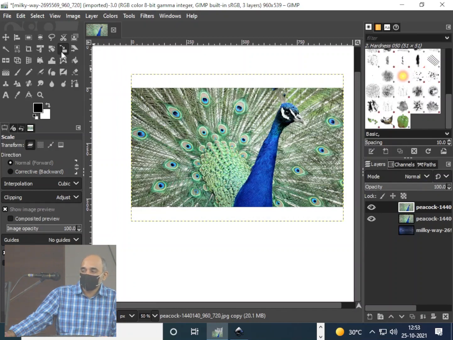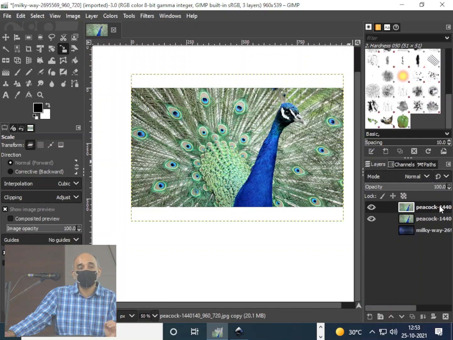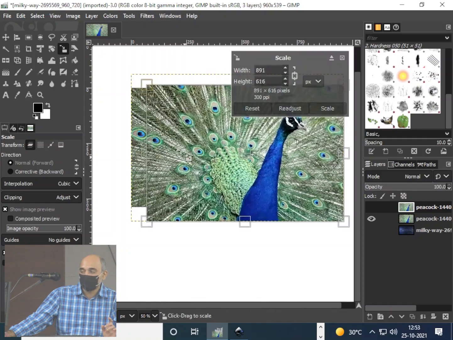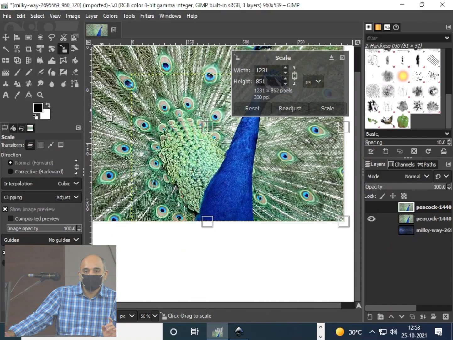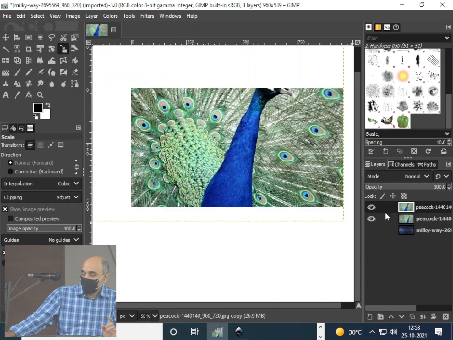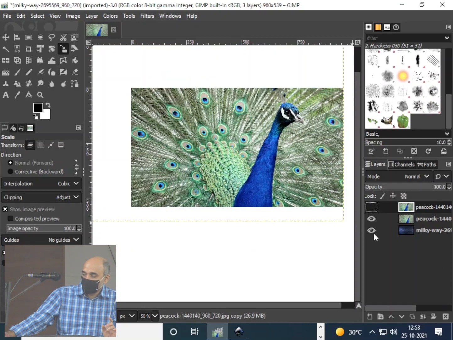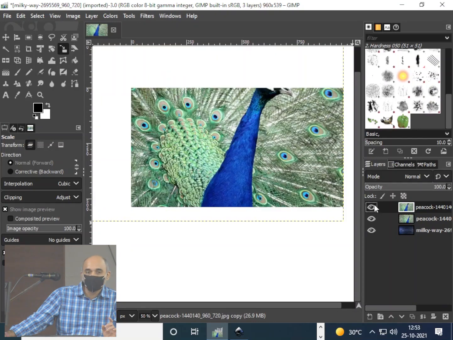Okay, so what I am doing is selecting the scale tool and the topmost layer. Now this works, understand something, this will work per layer, okay? So when I am scaling, it doesn't mean it scales the image, it only scales the layer that is selected. So if I say scale, if you see here, the other layers are the same size. This is the scaled layer on top.